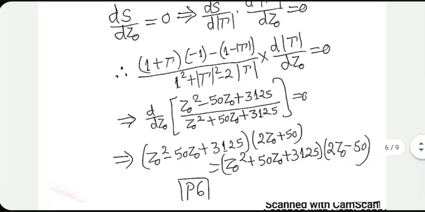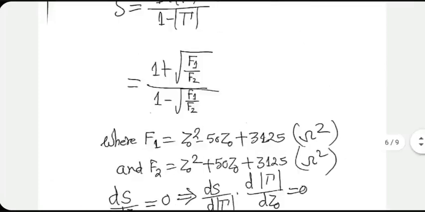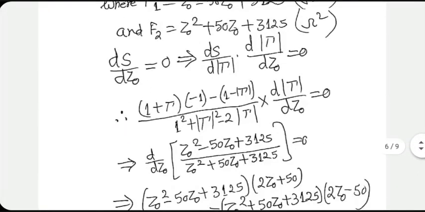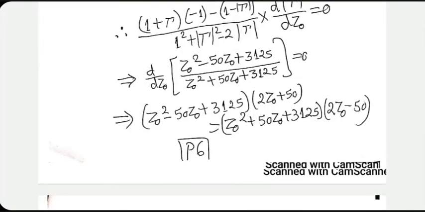So what I got intuitively, and if you want, you can investigate this further, is that I should impose this demand: d/dZ0 of this entire function without the square root should be 0. If you're not convinced, we can debate later. Just take it from me right now. And that is relatively easy to handle. You can be more rigorous than this, I know that. I'm just going by my long experience in such things, that this is the right thing to do.